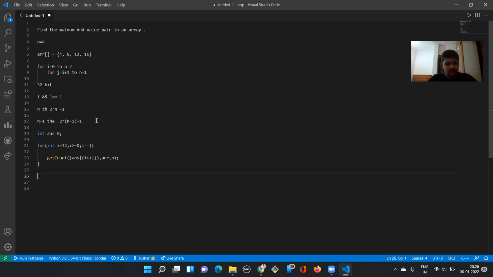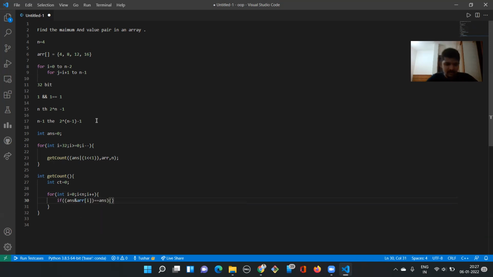So in the getCount function, I will check how many pairs I can get. I will iterate from i equals 0 to i less than n. I will check if answer AND array of i equals answer.